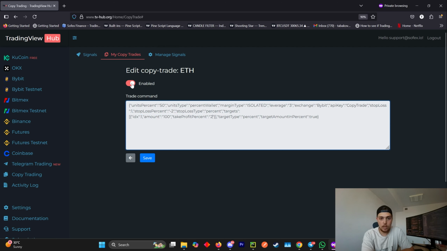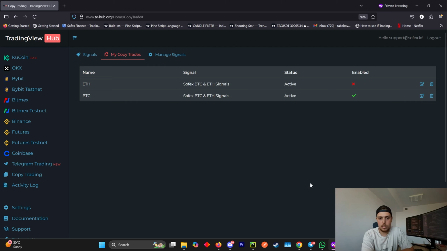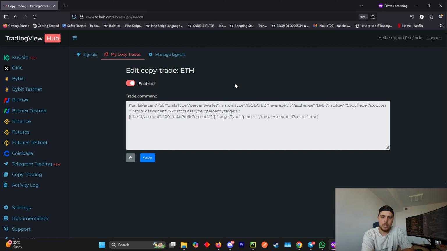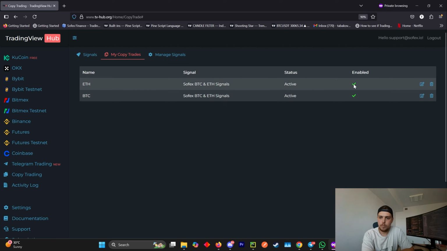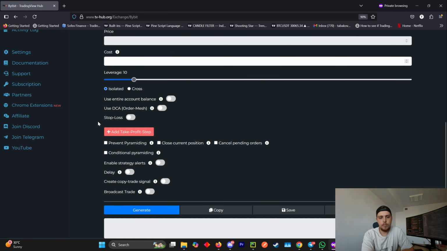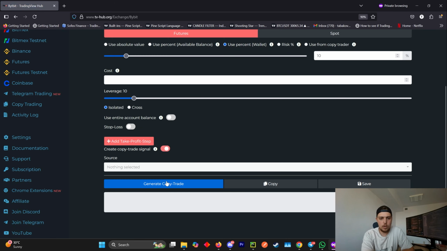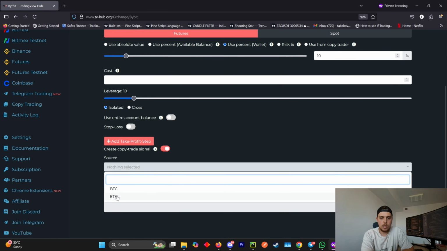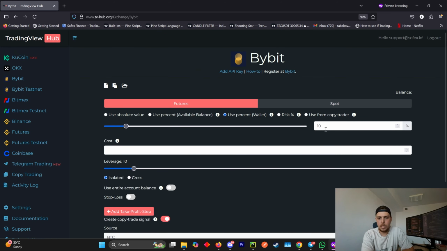If I want, I can pause it and save so it's not enabled, then edit, enable it and save. If I want to change the risk, I go back to copy trading, to the UI. I click on create copy trade signal. Let's say Bitcoin. And let's say I want to increase the risk. So let's say I want to put